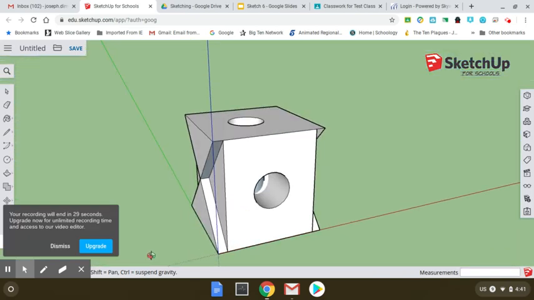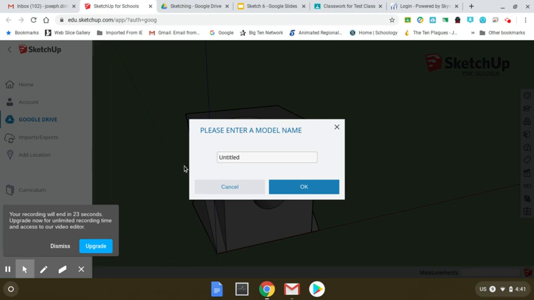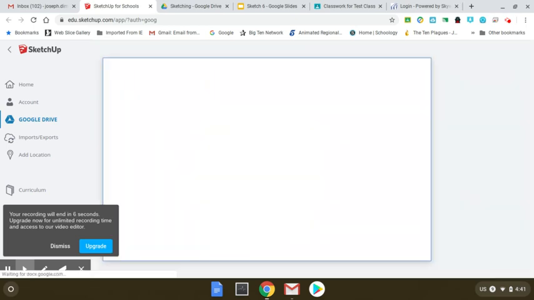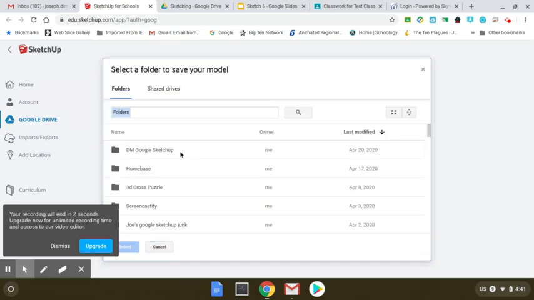I want you to go ahead, park your piece about like that. We're going to save this. We are going to call it X out. So X out, and say OK, and we're going to put that in our design and modeling folder. Remember to take a snapshot of this and put it in your